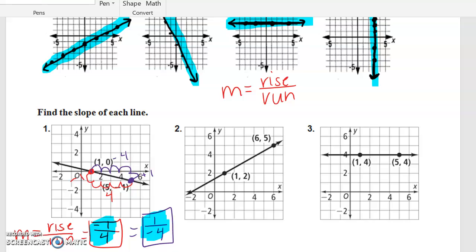Let's try one more together because my time's about to run out here. For this, I'm going to start at the leftmost point. I have to go up 1, 2, 3. So my rise is +3 over my run, which is 1, 2, 3, 4, 5, over